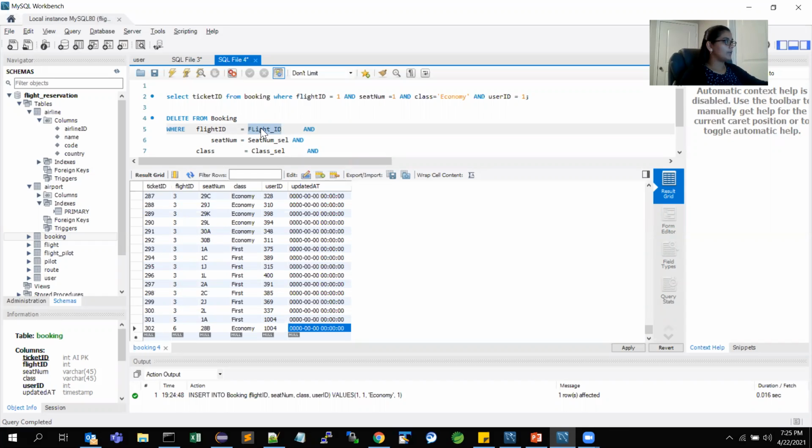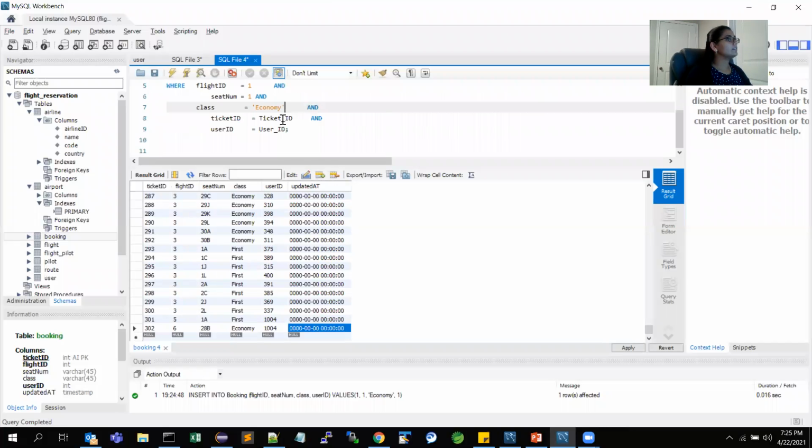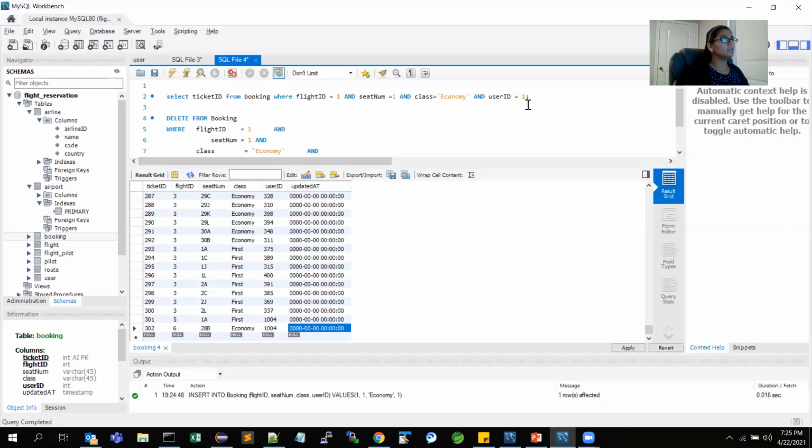In the previous query, we have given flight ID as 1, seat number as 1, class selection as economy, and user ID as 1. So here we don't know the ticket ID. So first, let's see the ticket ID.